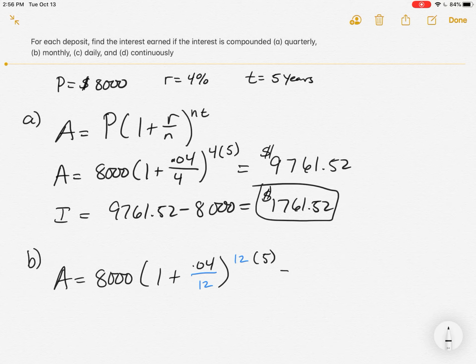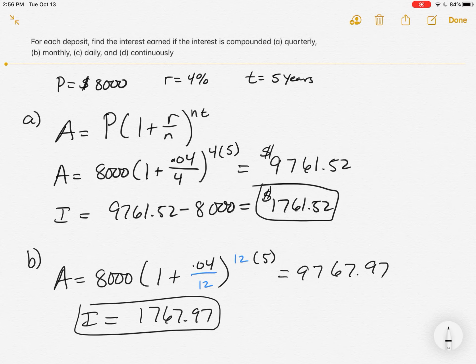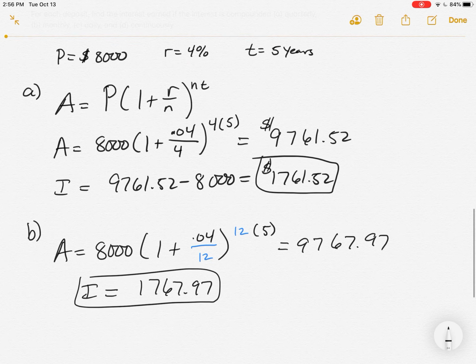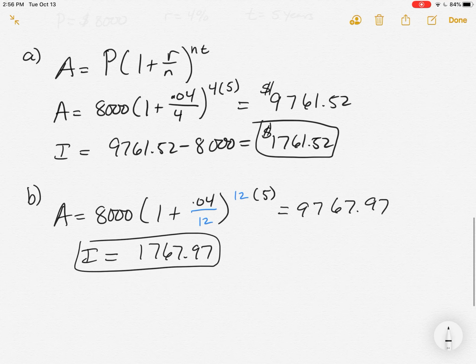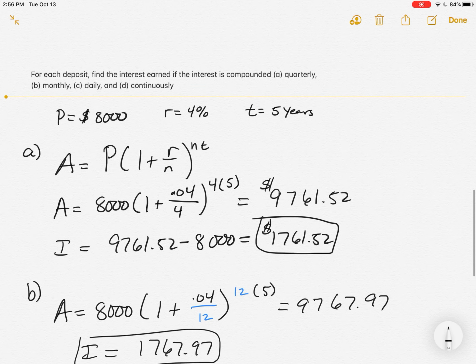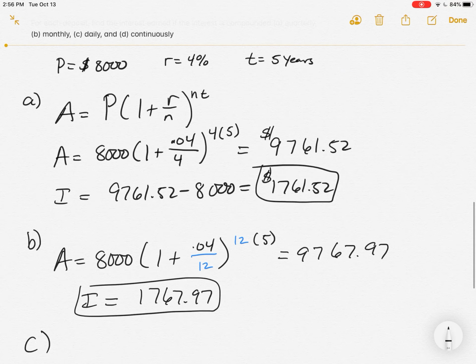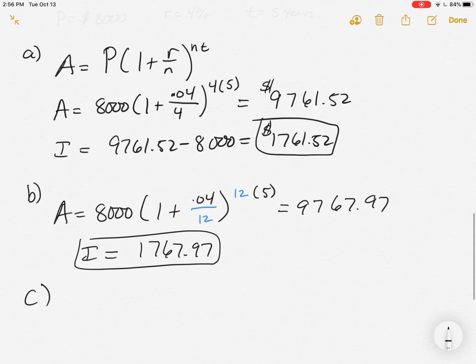And here's what my new number is, 9,767.97. So I earn a little bit more. How much more interest? 1,767.97 is the interest earned on that one. So roughly $6.40 more. That's if it's compounded on a monthly basis. If it's a daily basis, right,